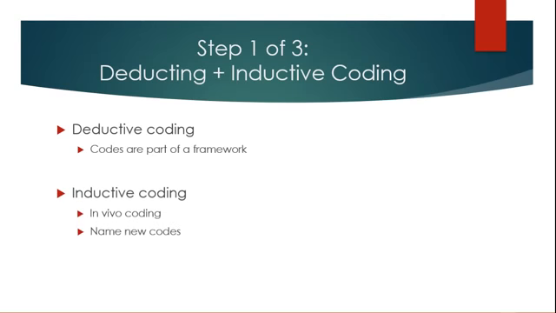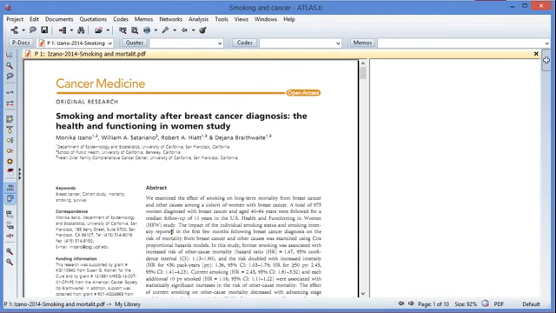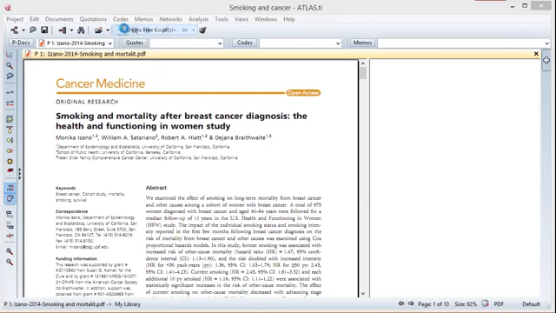Inductive coding, on the other hand, is an emergent idea or emergent concept that we find along the way of reading our literatures, and we find that this is a new code that I can just add on to the list. I will just demonstrate that. I will first build a deductive code list,